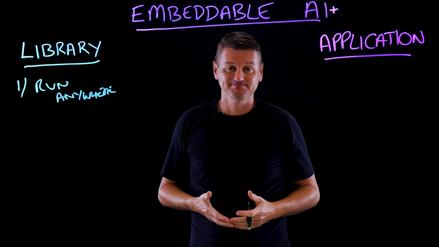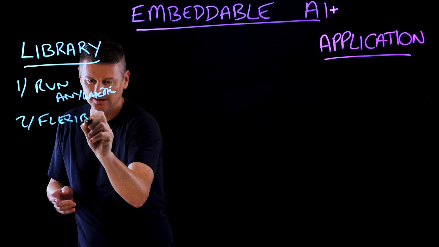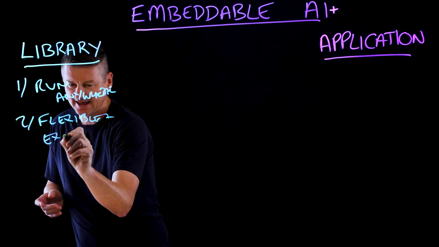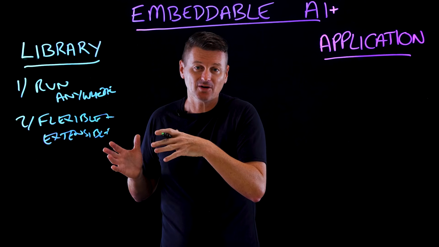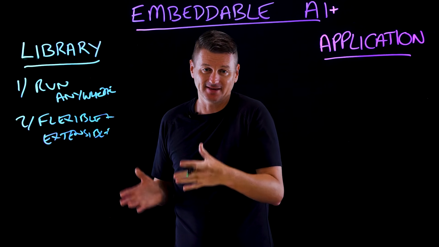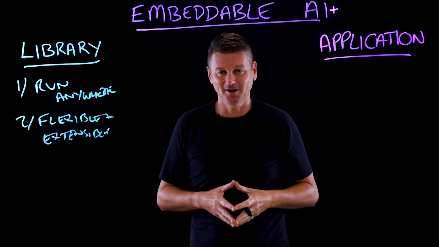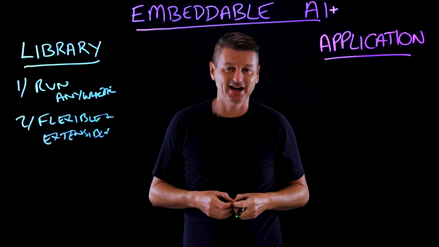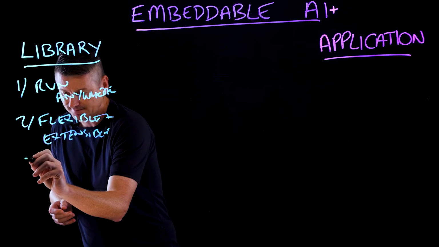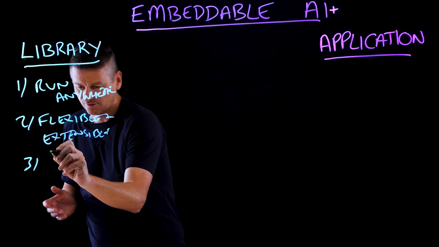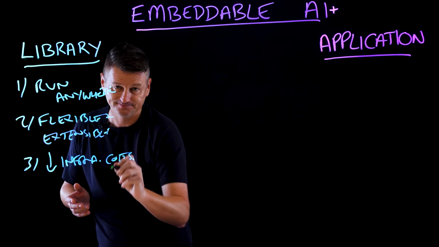And number two, libraries are both flexible and they're also extensible. Now, because the only requirement for a deployment is the runtime container and one or more models for the capability required, libraries can be fit for purpose, which allows developers to leverage the functionality for their specific task or use case. And then number three, libraries can help reduce infrastructure costs.